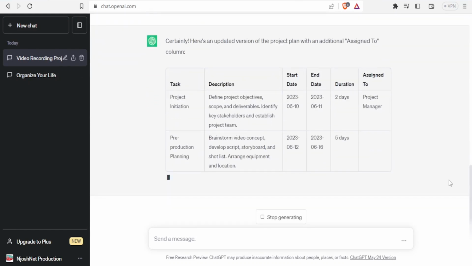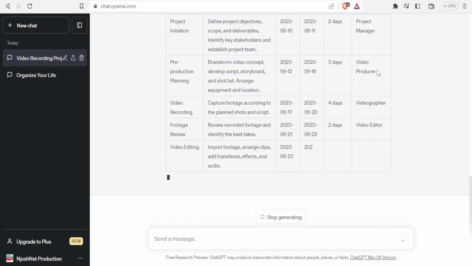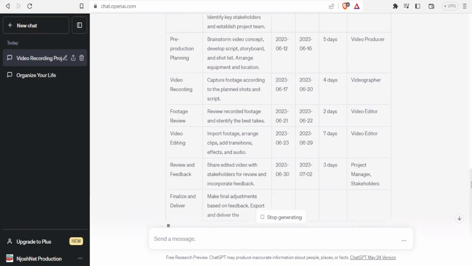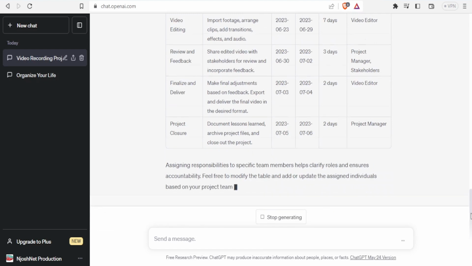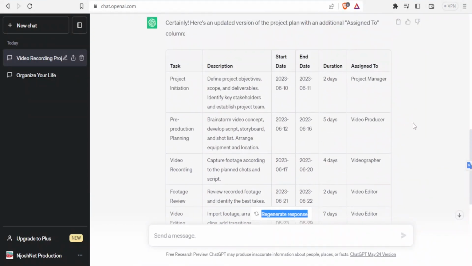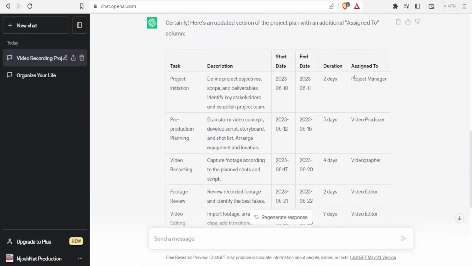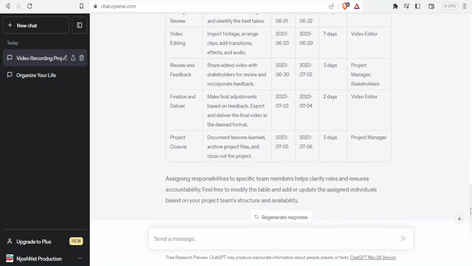an updated version of the project with the assigned to column. You notice now here we have it. We have the same task, then we have assigned to, and it is generating up to the end. So you now notice on this side we have assigned to, in this case, project manager, video producer, videographer, video editor, and all that. So if I still want it to keep on generating more columns, I can give it another